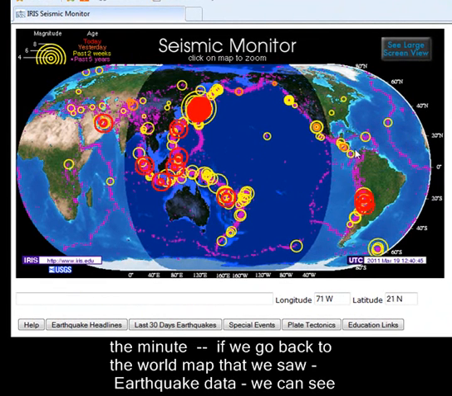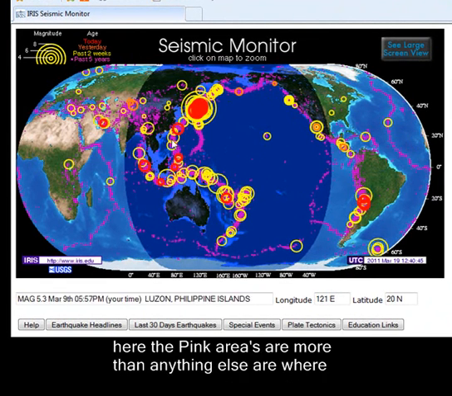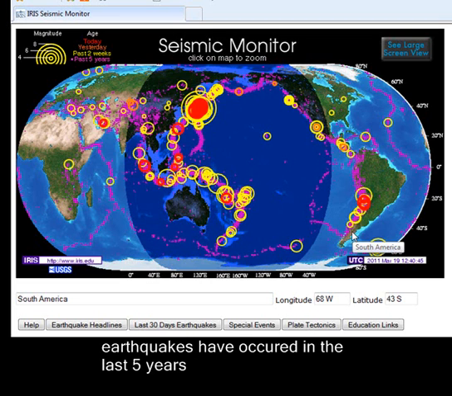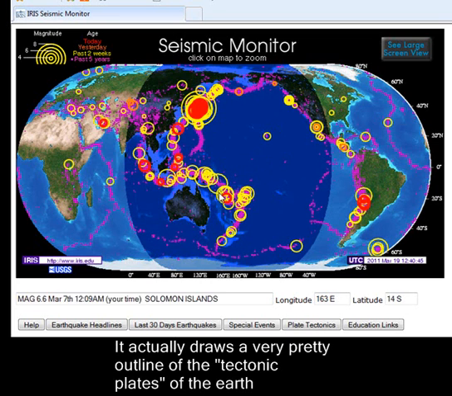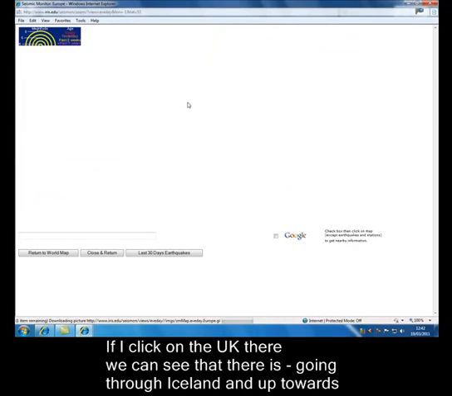earthquake data, we can see here the pink areas more than anything else is where earthquakes have occurred in the last 5 years. It actually draws a very pretty outline of the tectonic plates of the Earth. If I click on the UK there,